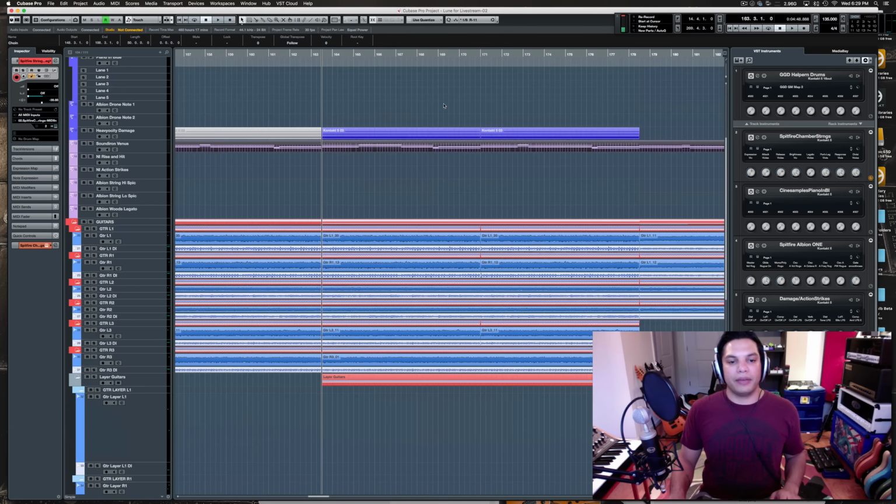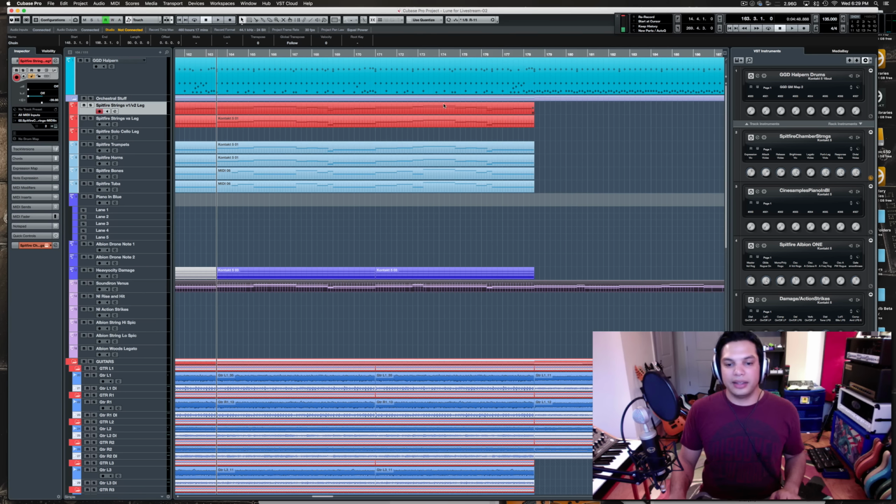But everything else is on SSDs, and I'm running the Kontakt memory server, which basically keeps all the samples in the RAM. There's a bunch of boring technical stuff that I do to try to optimize it. But yeah, it's pretty full on.